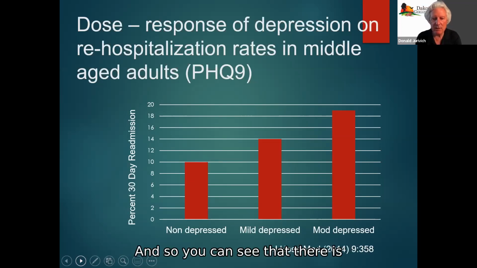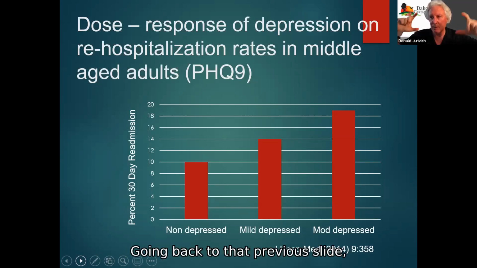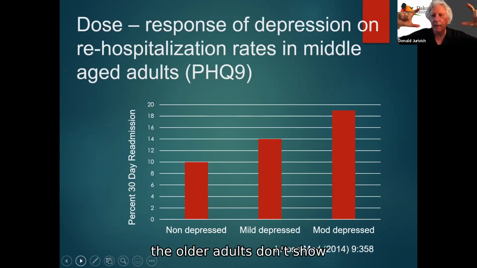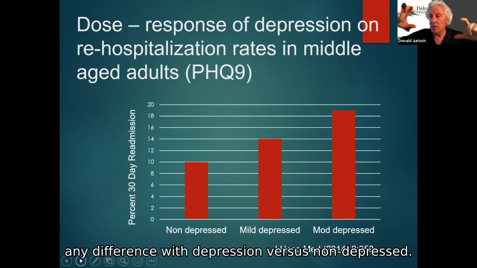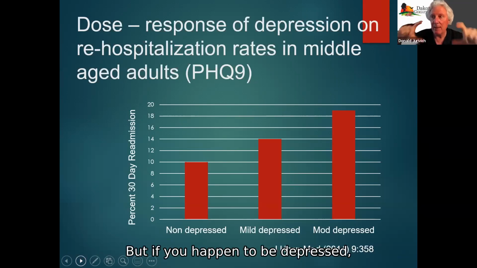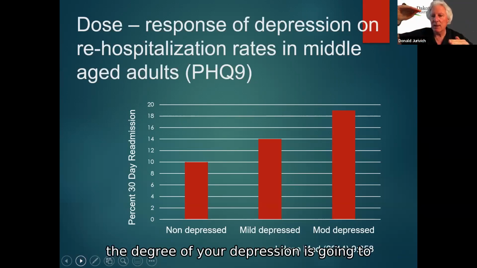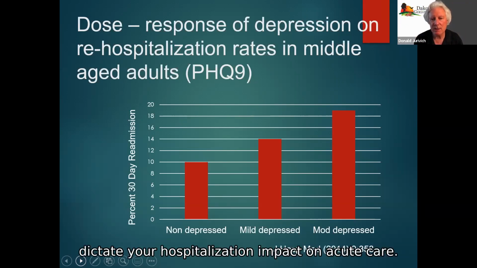And so you can see that there is a trend in terms of the severity of the depression for causing more rehospitalization. So on average, going back to that previous slide, the older adults don't show any difference with depression versus non-depressed, but if you happen to be depressed, the degree of your depression is going to dictate your hospitalization